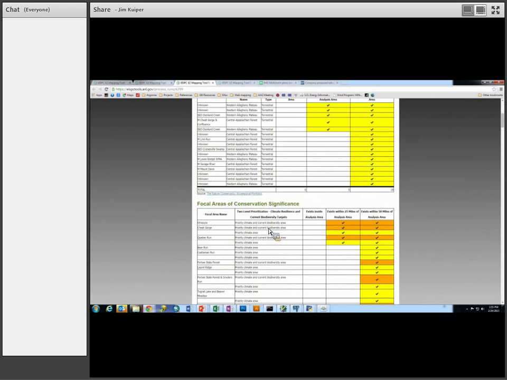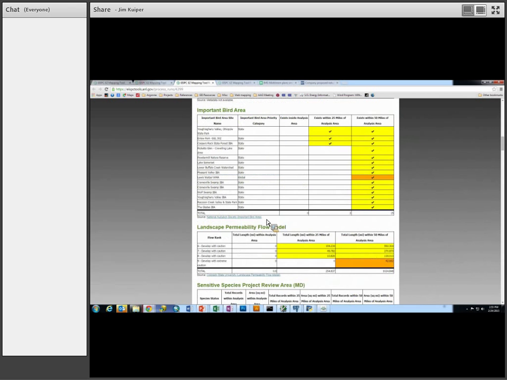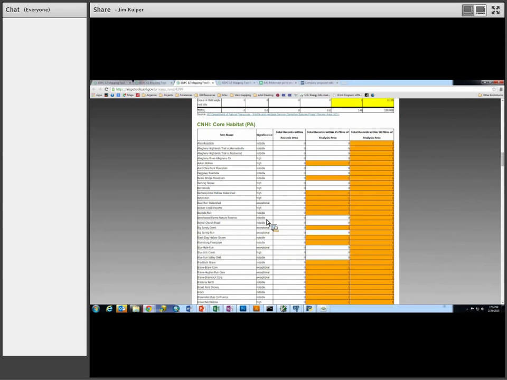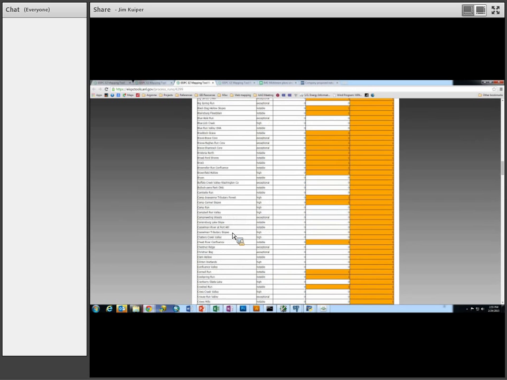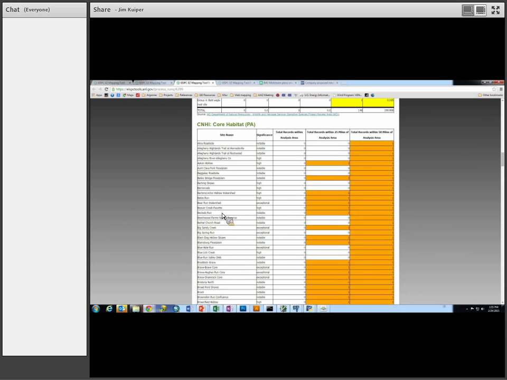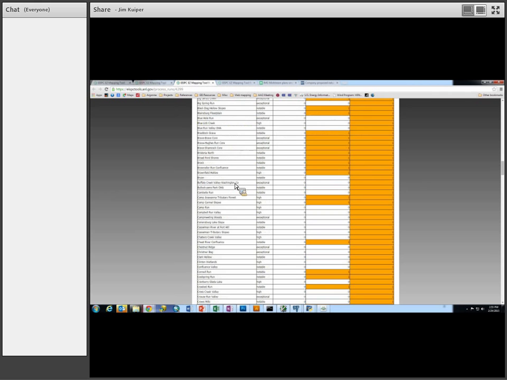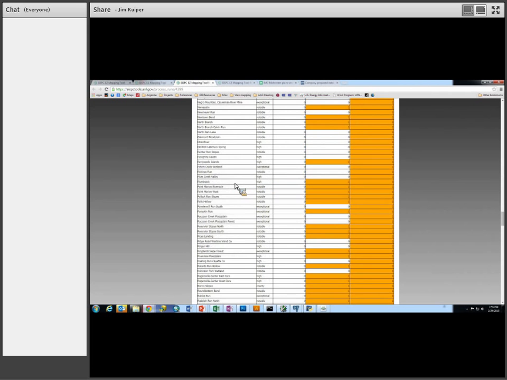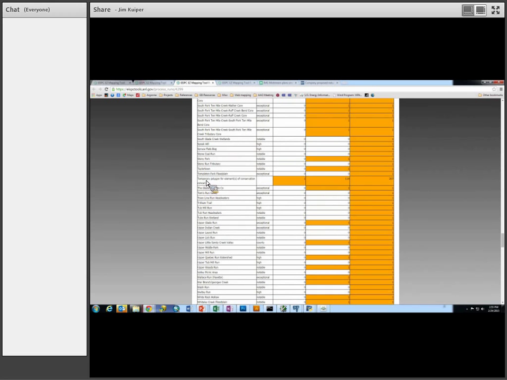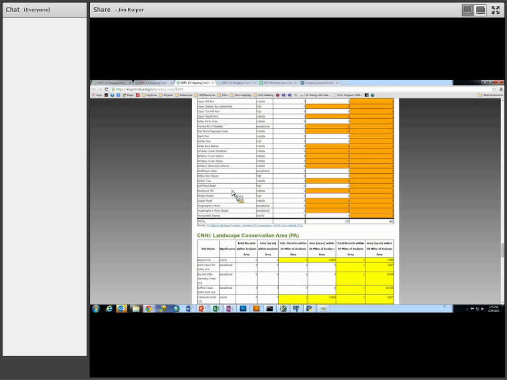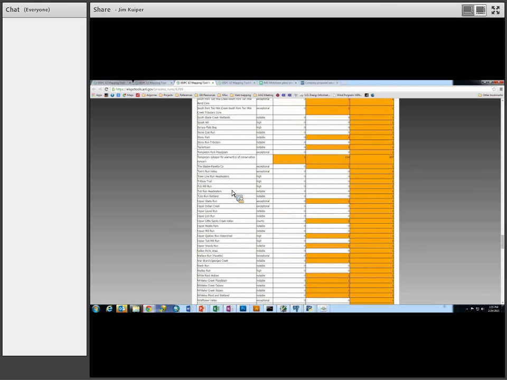So if I scroll through, okay, Core Habitat Pennsylvania data set, and there's also that temporary polygon. That looks like kind of crude data, but the point is then we can go back to